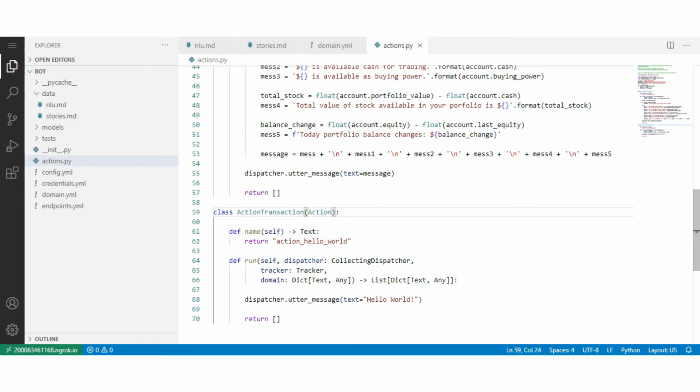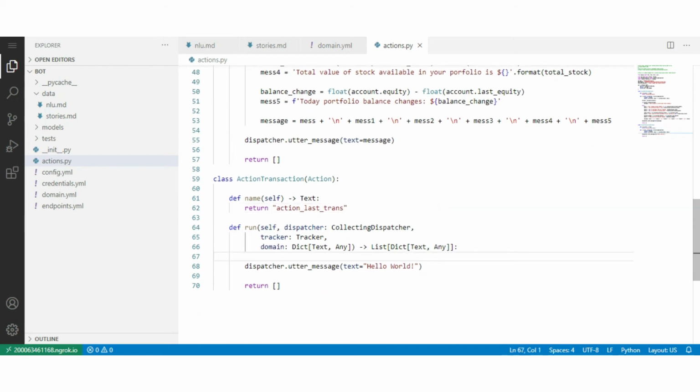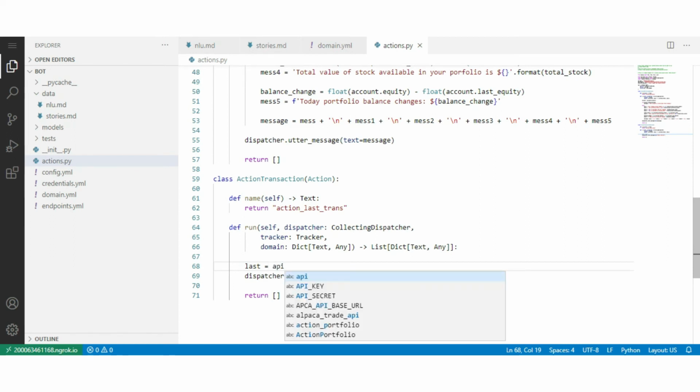Now change the custom action name to action last transacts. Move to the run function. To fetch the last order details, we have to call the API. Type API.last orders,